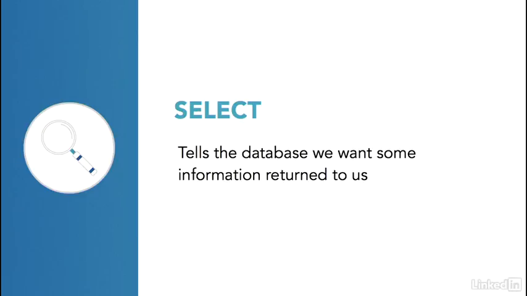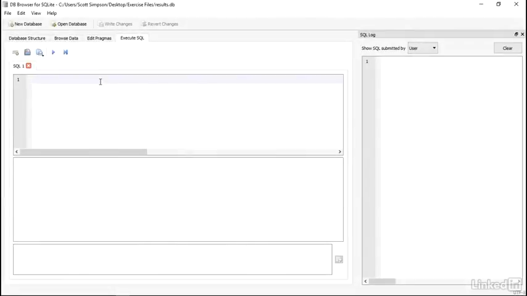The most basic way of asking for information with SQL is to use a select statement. The select keyword tells the database that we want some information returned to us. In fact, we can use it to return information that isn't even part of the database. For example, if I wanted the database engine to send me back some text, I could write